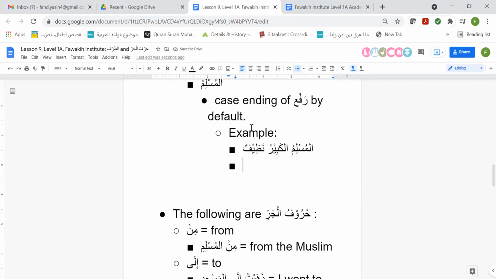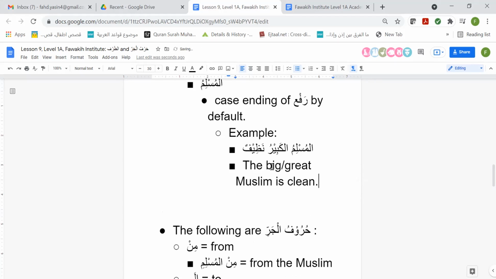Hanan, can I ask you to try again? I don't know if you already saw the transition, but can you try this example real quick? Yeah. Thank you. Al-Muslimu, the Muslim. Okay, now because you've added al, so the big or great Muslim is clean. Very good. Excellent. So yes, you're correct in this situation.